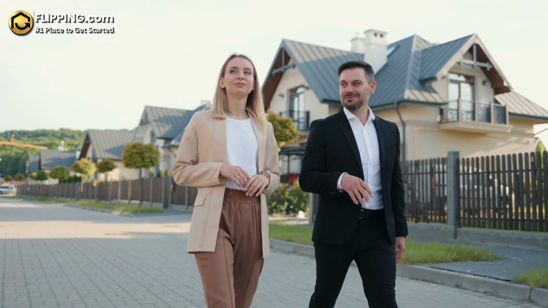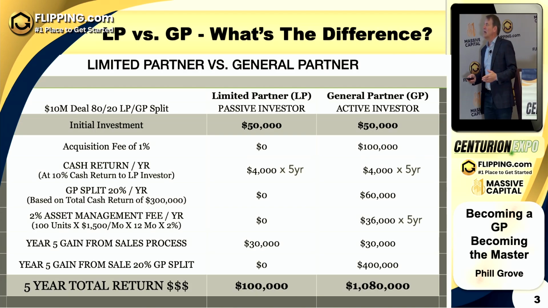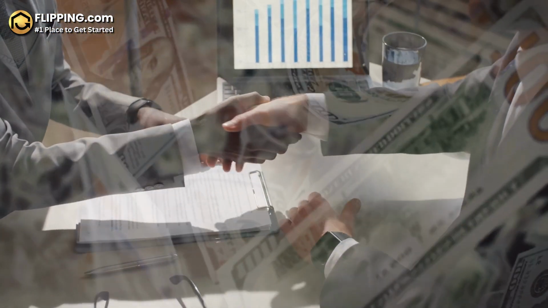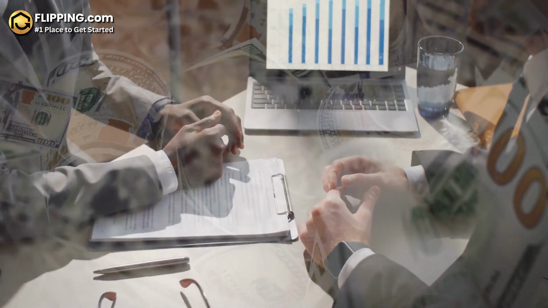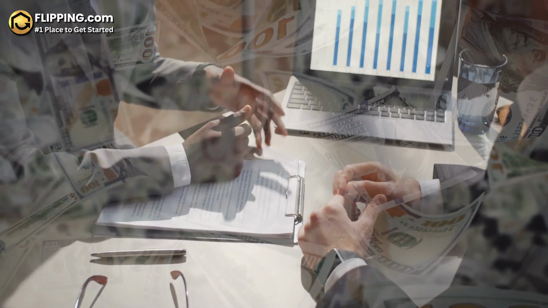So that's the difference. I think it's pretty clear right now, the difference between a GP and an LP. An LP puts money in the deal, they get some cash flow, they get a share of the profit. Typically, you put 50,000 in, you get 100,000 back or more, right? Those last 2 deals, they were both 2.5 times your money back, not just 2 times your money back.